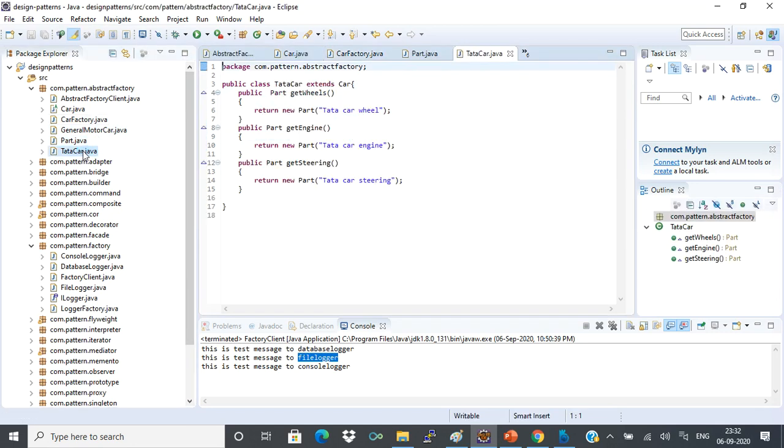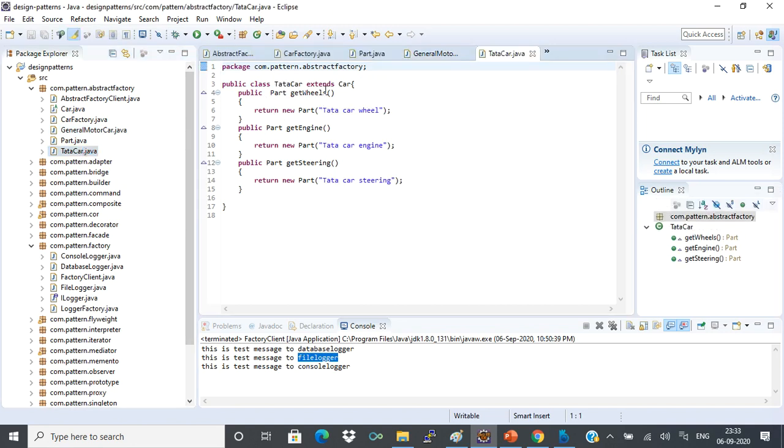Now take the Tata car. Tata car extends Car, and similarly General Motor car extends Car.